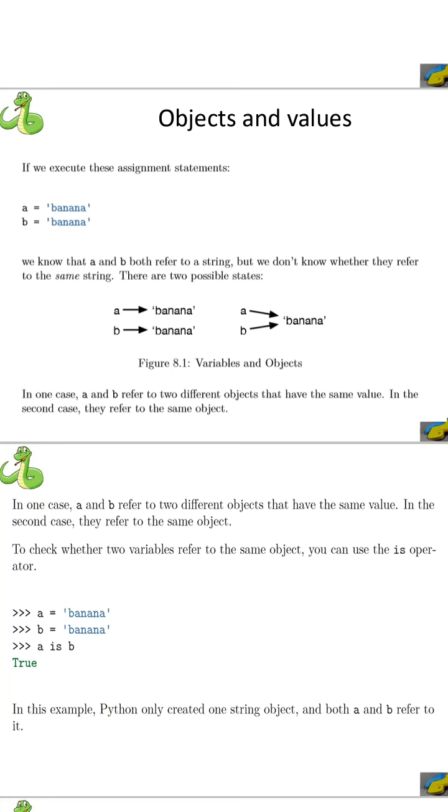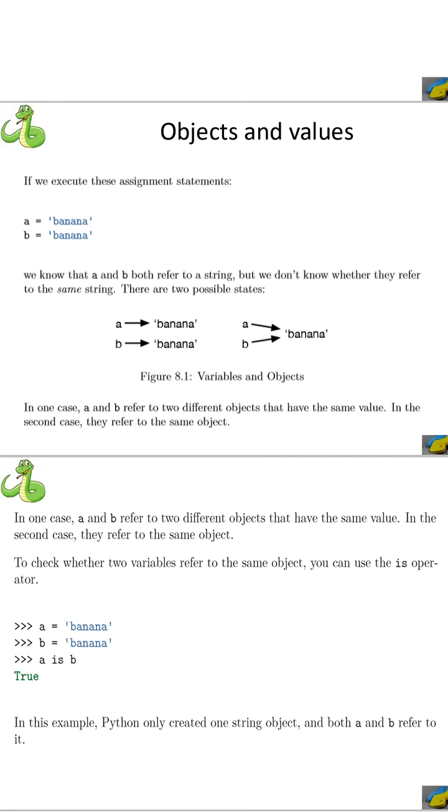Suppose we execute the following assignment statements, A equal to banana and B equal to banana. Then A and B both refer to a string banana. But by looking at these two statements, we will not be able to know whether they refer to the same string or to different strings.